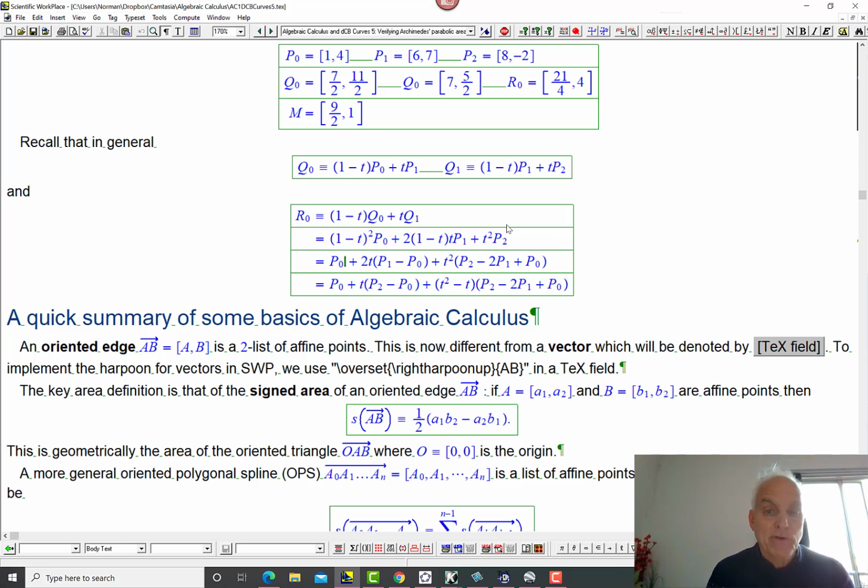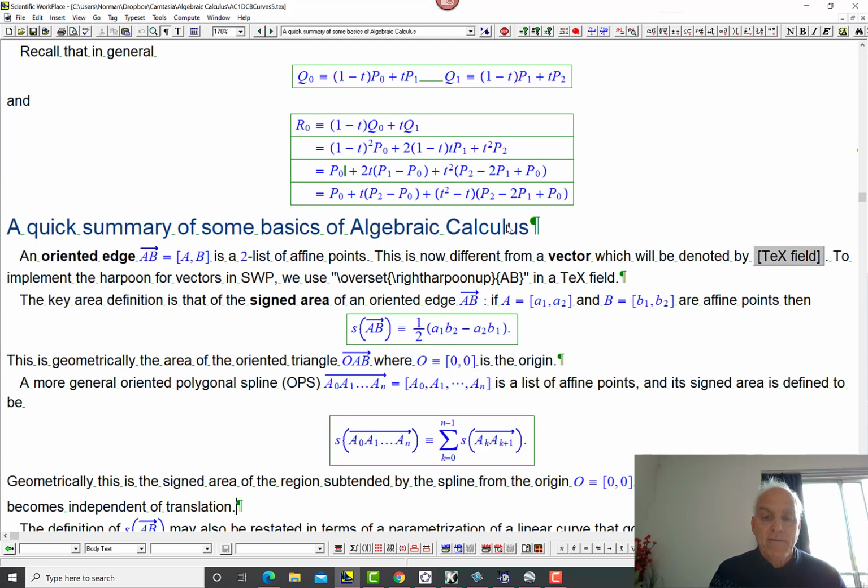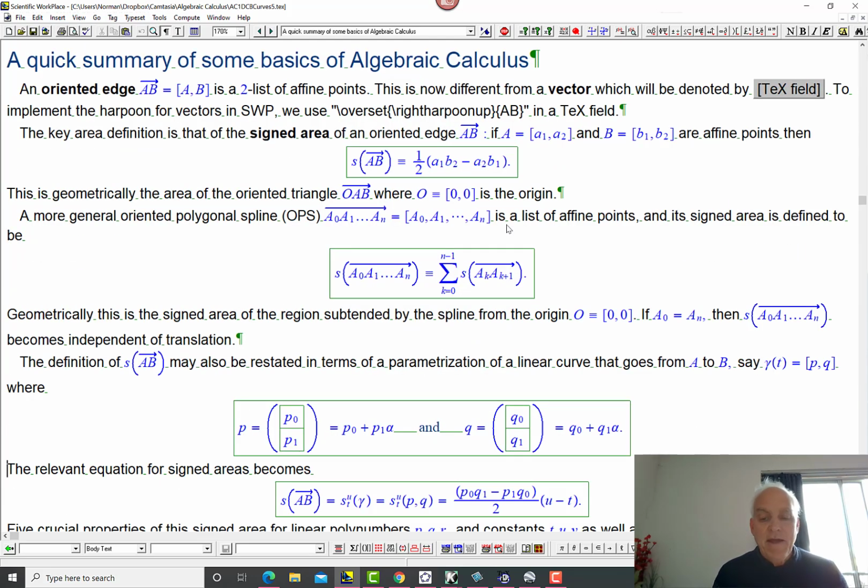We just now have to figure out how we actually integrate a DCB curve. So now I'm going to introduce you to the basics of algebraic calculus. This is a brand new way of thinking about things, very exciting, and it really offers a brand new opportunity for educators around the world to rethink this fundamental topic and present it in a more natural and ultimately more logical and arguably more powerful way.